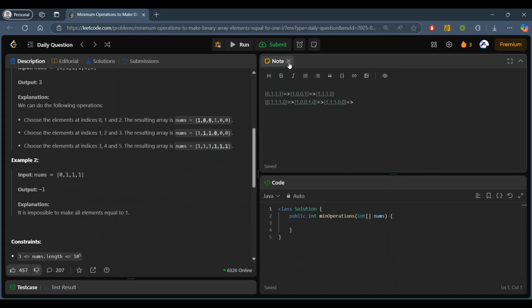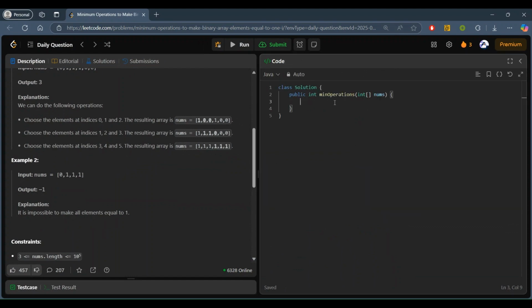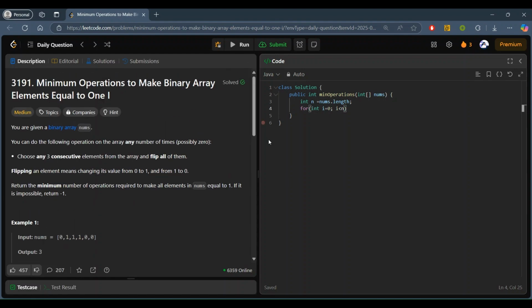So we will try to make this code, and this will be our approach, and we will code this out. Okay, so first of all, we will take the nums length as n, and then we will go inside the for loop for iteration inside nums, as we are taking three consecutive numbers. So last we can go until not n minus 2, but exactly n minus 3.